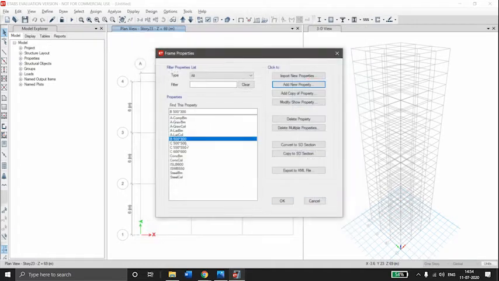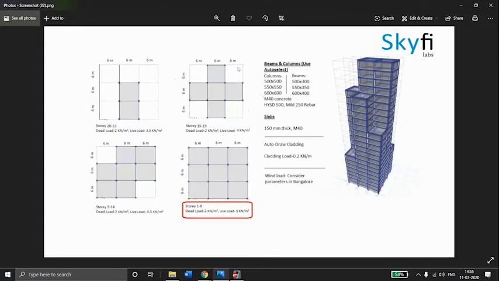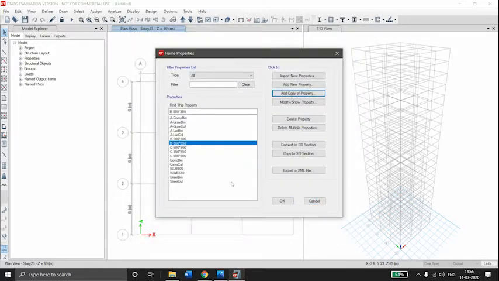We have to add a similar beam, so add copy of property. Capital B. The second beam 550 into 350. So we have to change the dimensions, 550 and 350. Select OK.